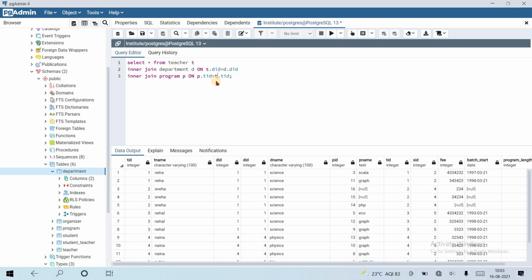So let's try inner join with a filter. Suppose we select program name, teacher name and department name, for all programs where the program fee is greater than 500.